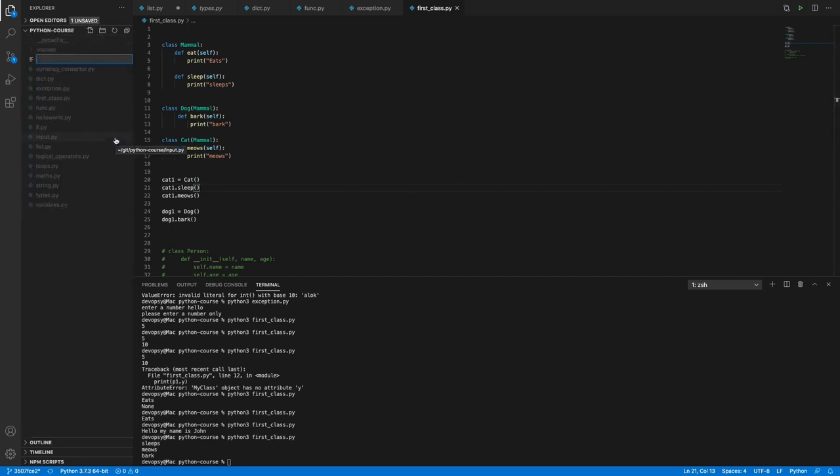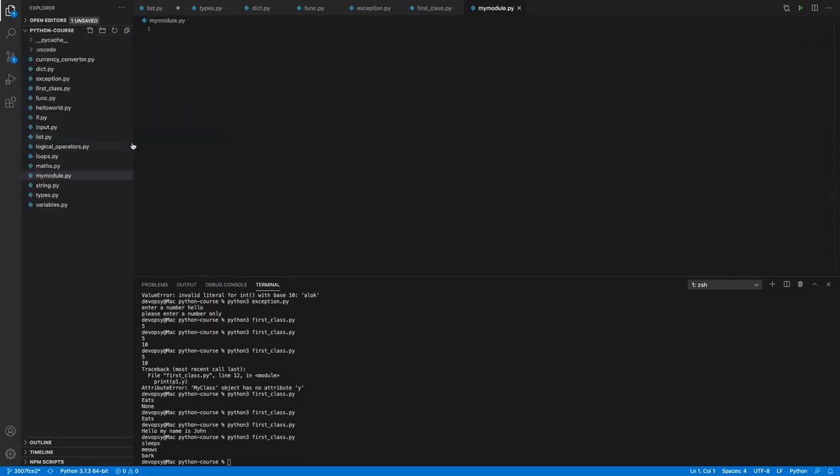Let's say mymodule.py, and what we're going to do here is define a simple function called